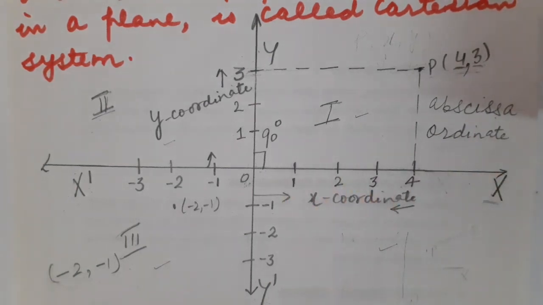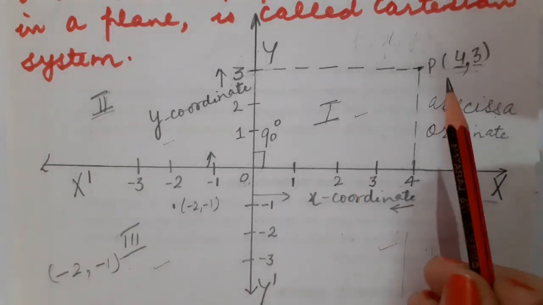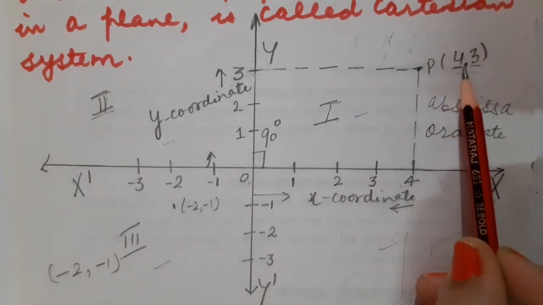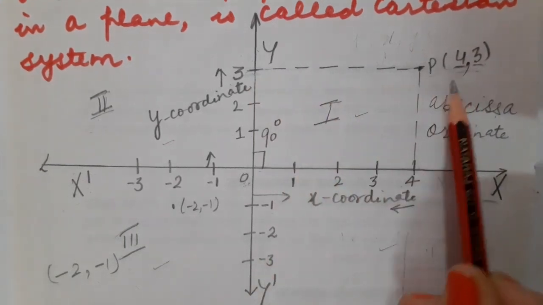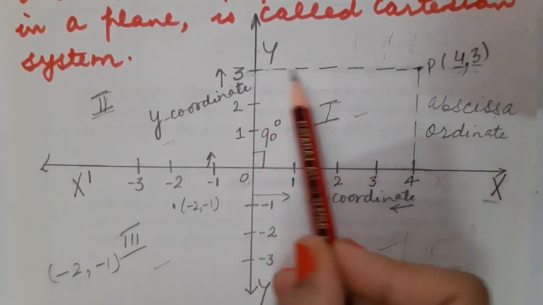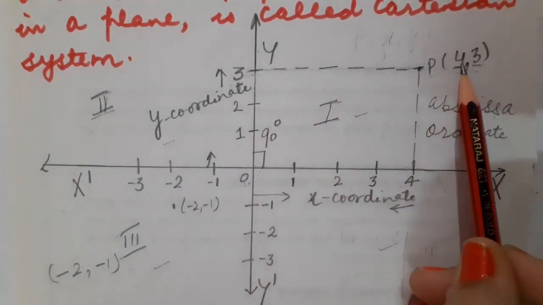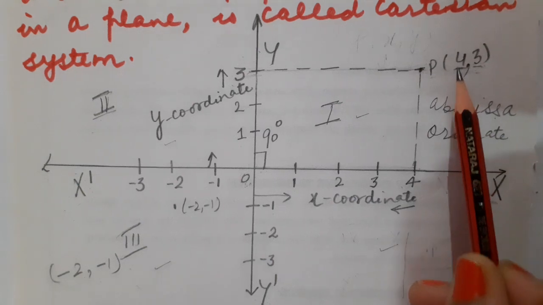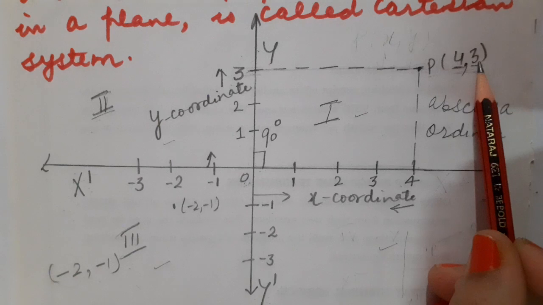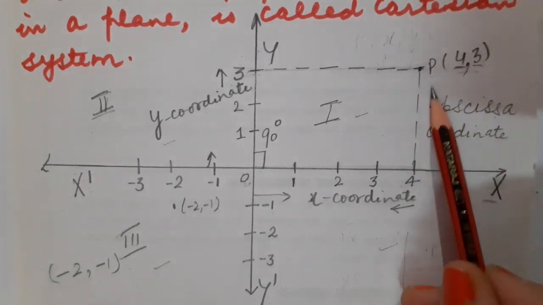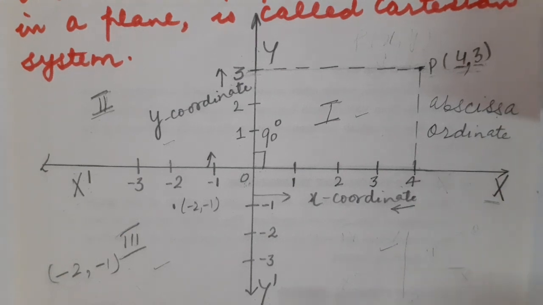Now the question comes, how do we plot the coordinates basically? Always remember one thing. The x coordinate of a point is its perpendicular distance from the y axis. Correct? See, here you can see how much distance this is. This is equal to 4. That's why I have written here abscissa as 4. If I talk about the ordinate, then the y coordinate of a point is nothing but its perpendicular distance from the x-axis. Correct, students?